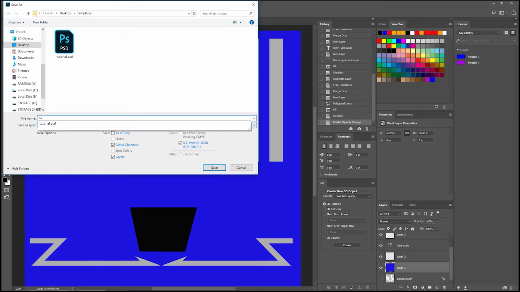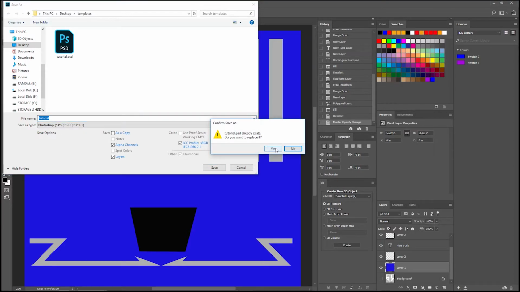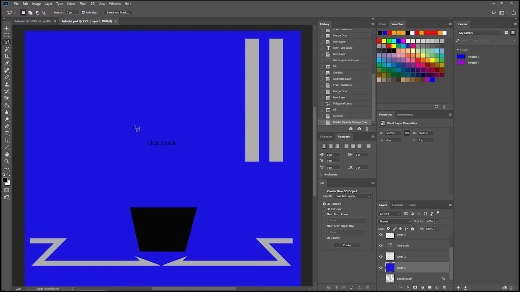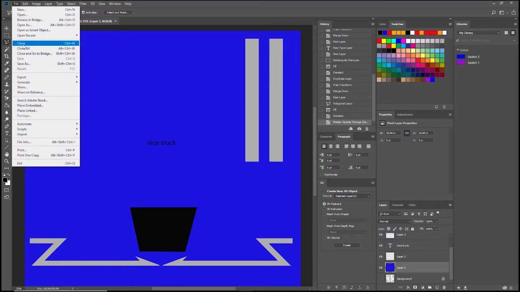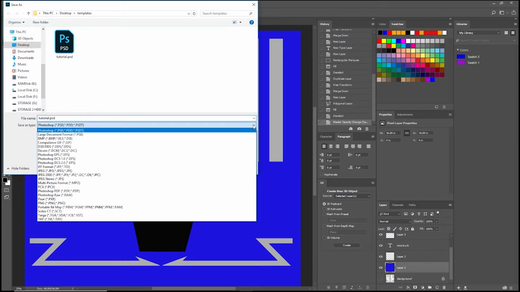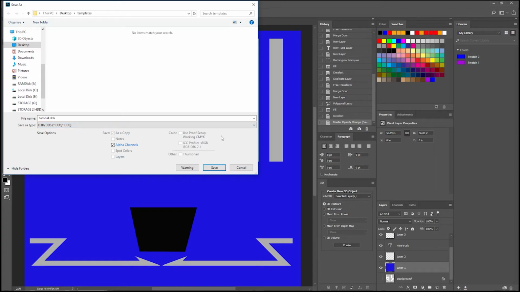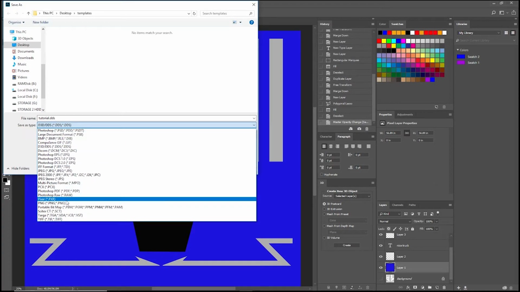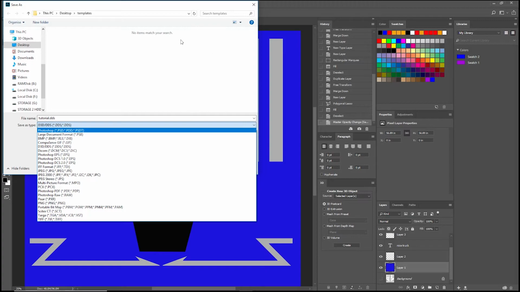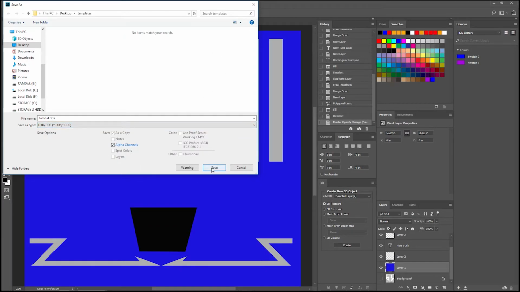So we'll name this tutorial. I'm just going to highlight and copy that for later, just to save a bit of time. Keep that as a PSD for Photoshop. And yes, I was playing around with that earlier, sorry. Okay, to save as, this time we're going to go down to here and Photoshop DDS. Now I have the DDS plugins for Photoshop, that is why I have that option, but I also do believe you can run it or use PNG as well. I'm not 100% sure, but anywho, okay, so we've got that DDS, save,